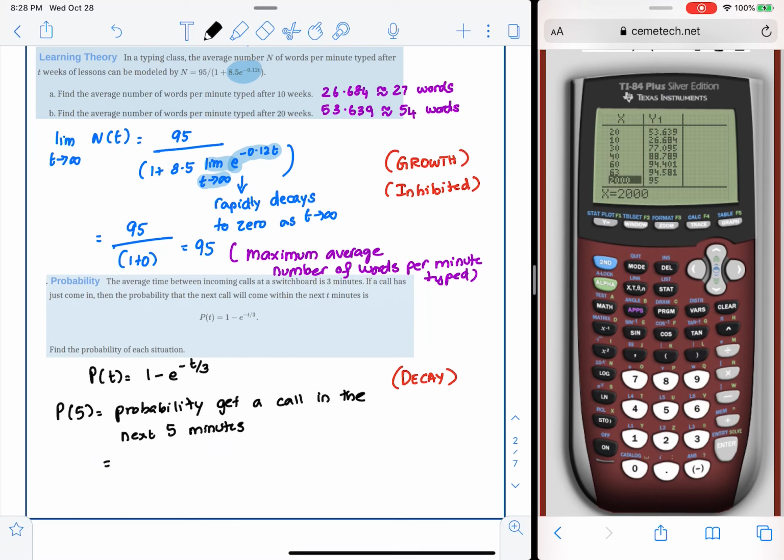And that would simply be, so let's go ahead and put in the function 1 minus e raised negative t over 3. Table 5, I get 81% chance. And in the next 6 minutes,